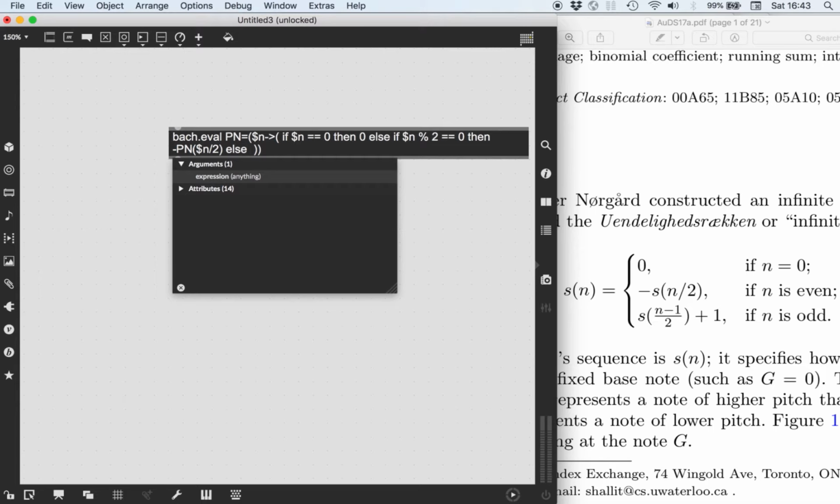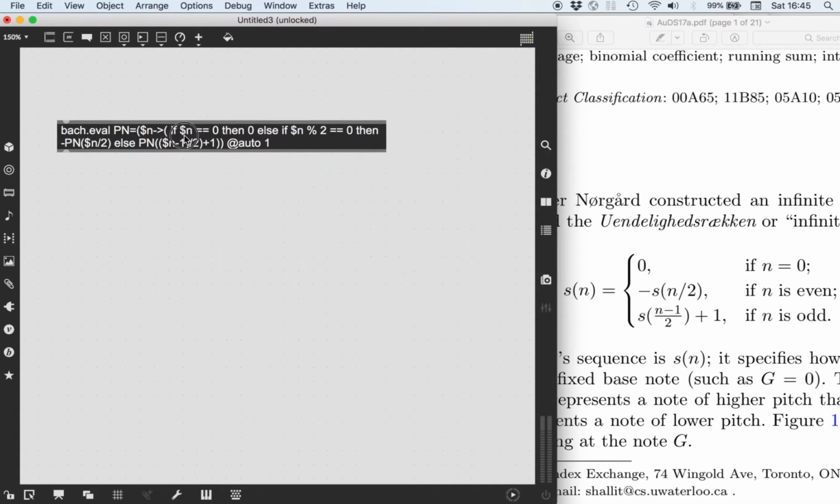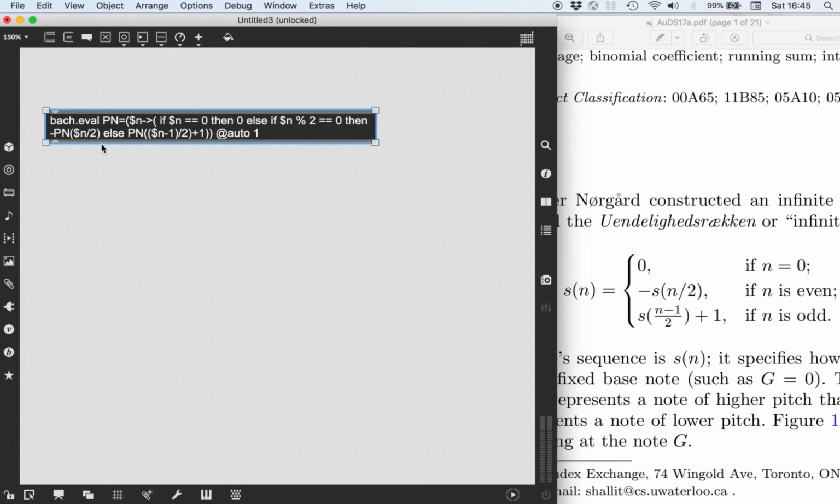Else, in this case, we are sure that $n is odd. Well, in this case, we have to do pn of $n minus 1 divided by 2 plus 1. Okay, so I will close the parenthesis and add the attribute at auto1, which means that the code will be executed straight away when the object is created. So when I do that, now bach.eval has defined a global function named pn, which I can use anywhere I want. In particular, I can create a bach.roll